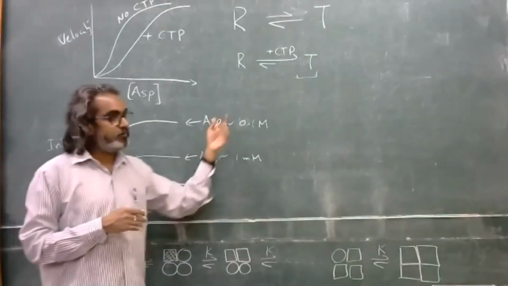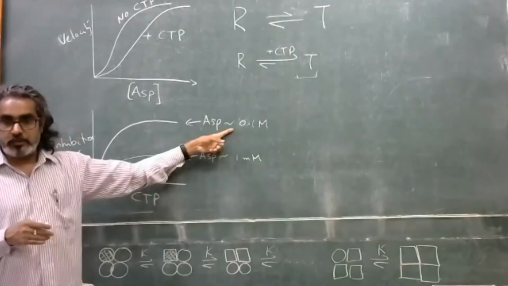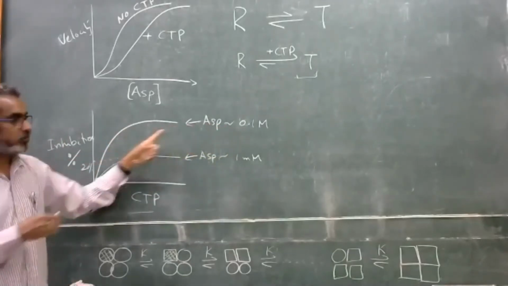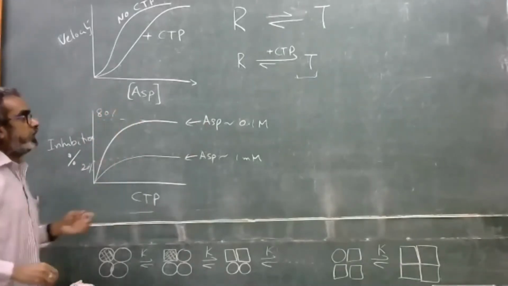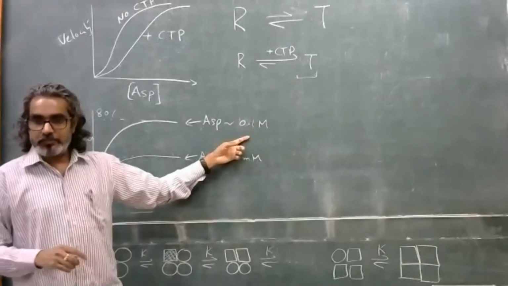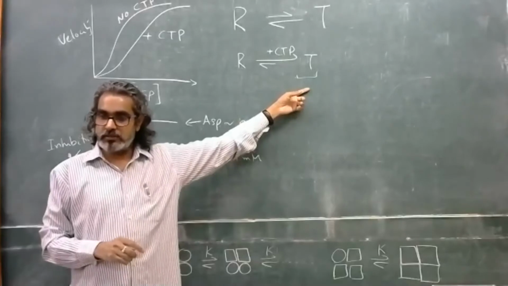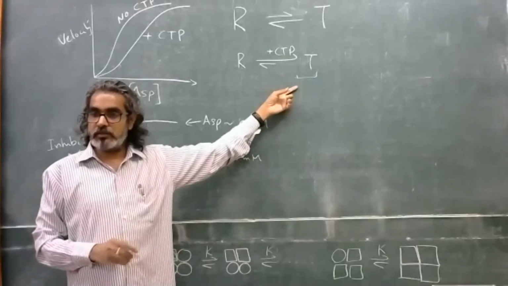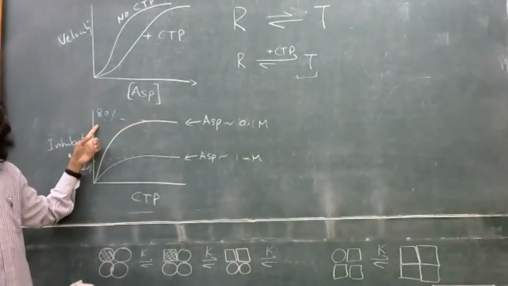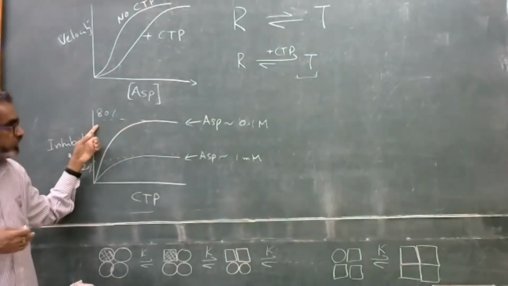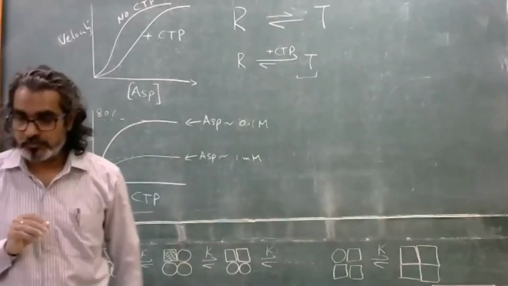But now if you have much less substrate than this, the inhibition is more, let's say 80%, because now the enzyme is not binding strongly enough to the substrate, and that's why your catalytic efficiency is less, or in other words, inhibition is more. But in almost no case is the inhibition 100%.